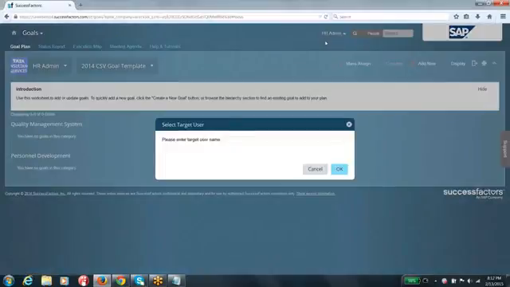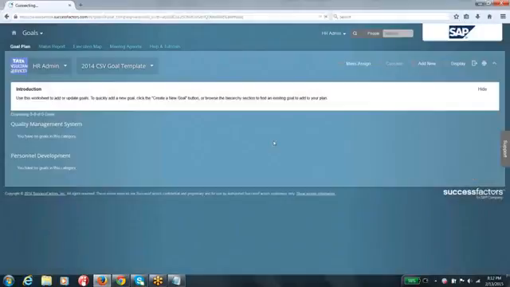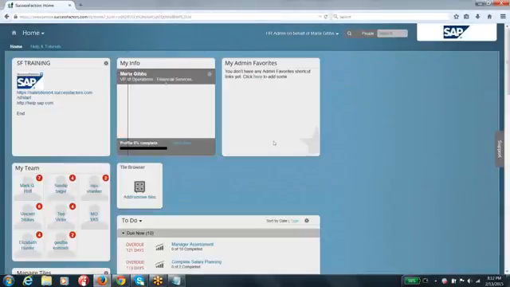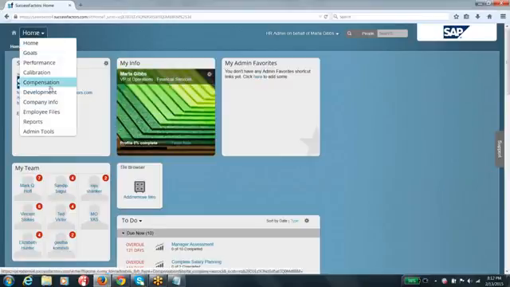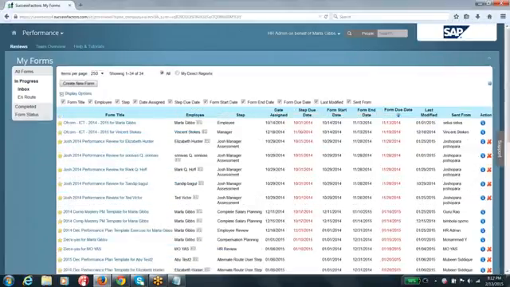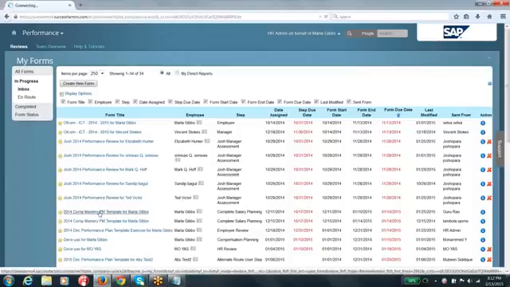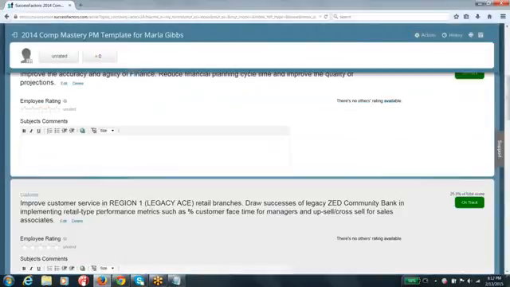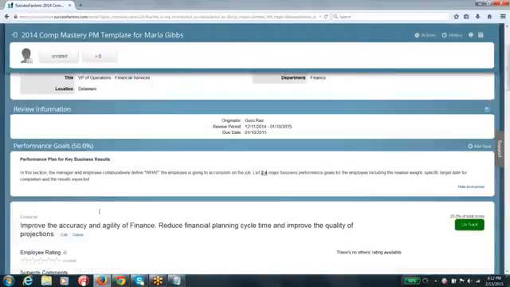Let me proxy into Marla Gibbs. I'm just proxying to another user account so that I remember, she has some performance plan templates where we can see the rating scales. If you go to the performance management module of Marla Gibbs here, yeah, you can see.